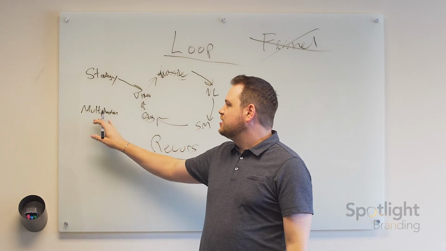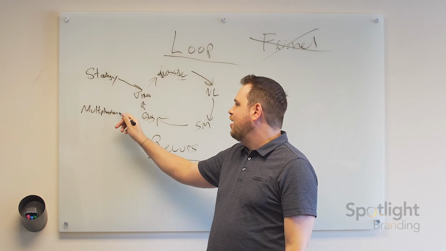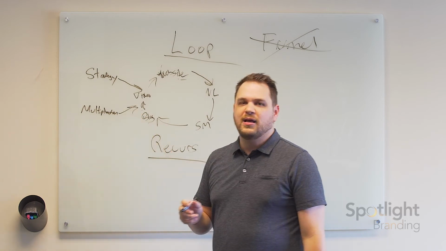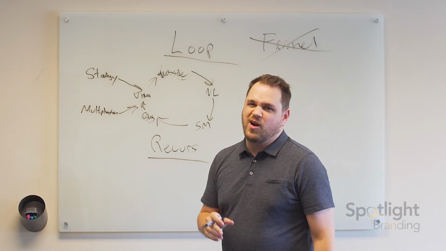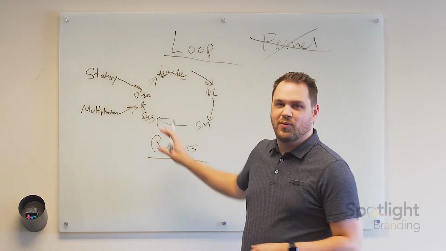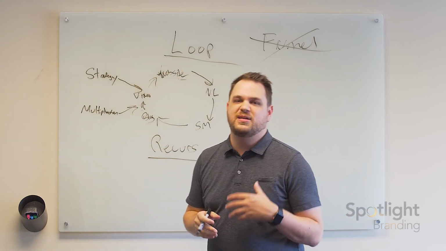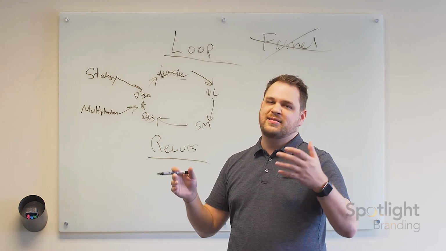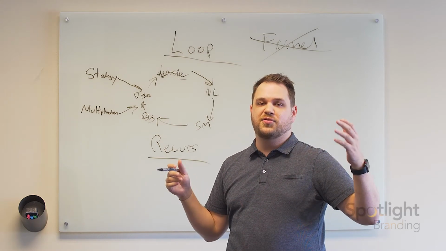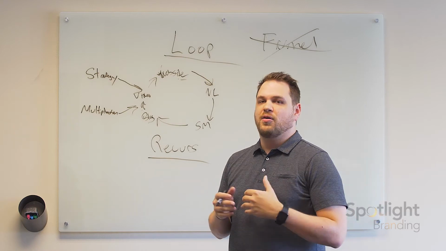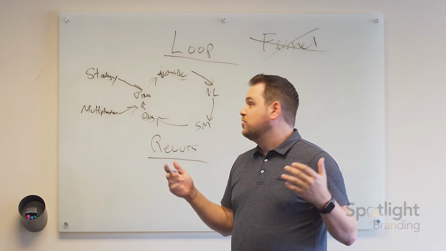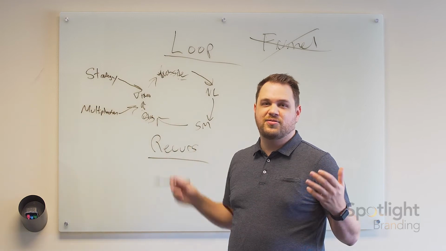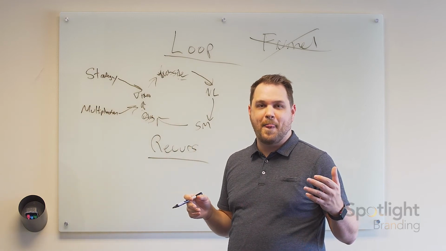The second thing is multiplication. And how does multiplication lead into here? This is one of the most important parts because this is what makes this feel less overwhelming. Multiplication is simply taking a piece of content and finding multiple ways to use it. Let's go back to that example of divorce, how to make divorce smooth on the children. Shoot a video where you answer that question, 60, 90 seconds.